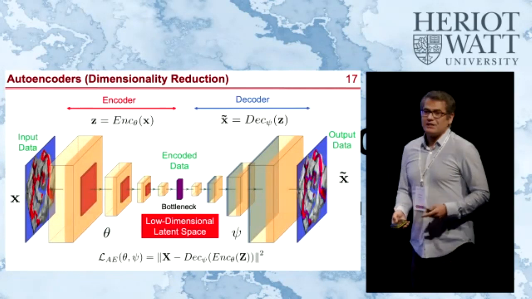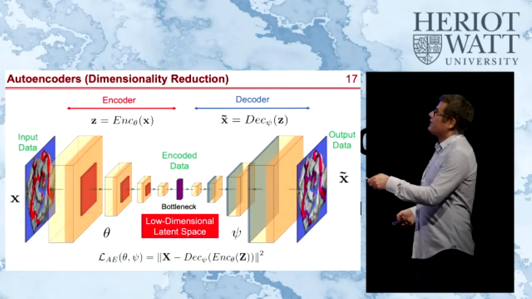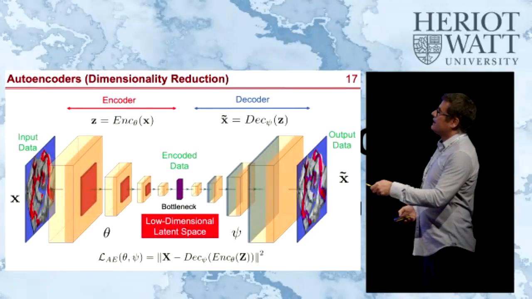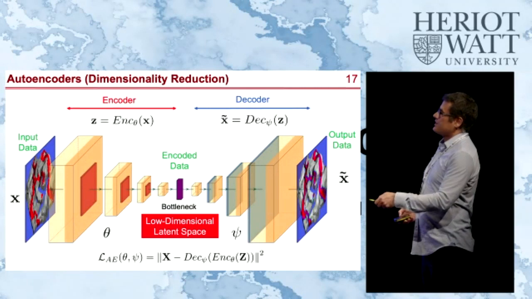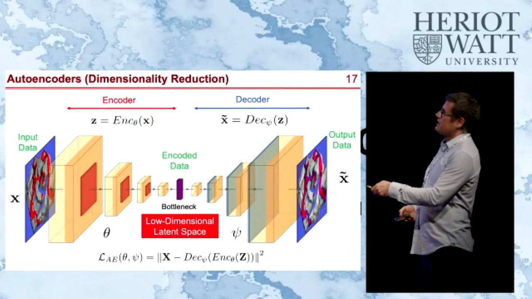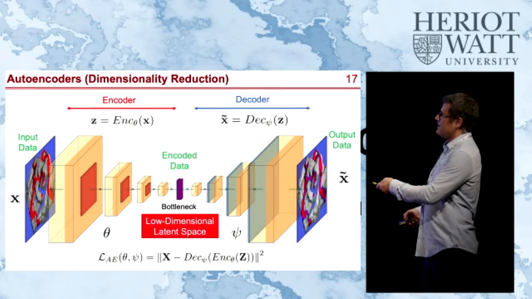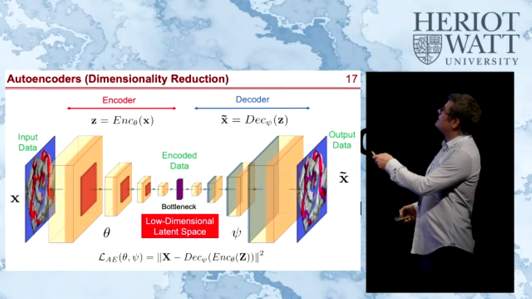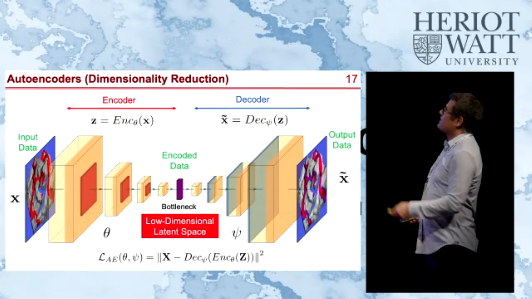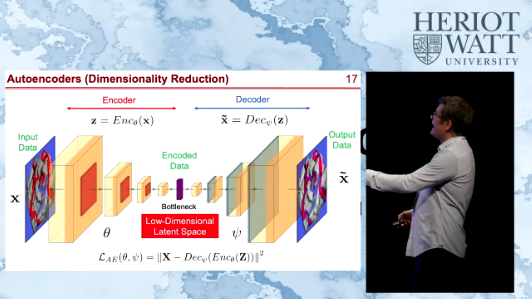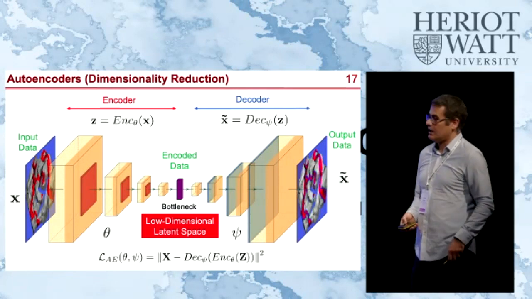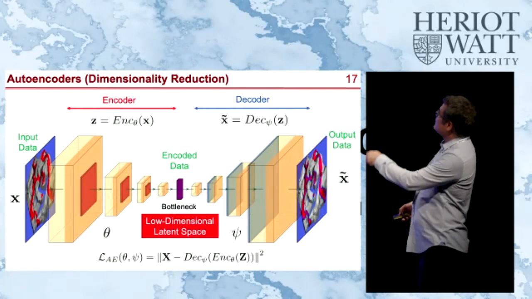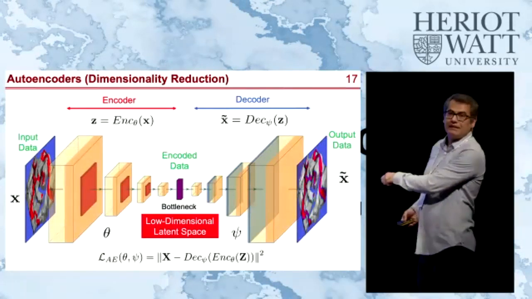So here is an architecture for dimensionality reduction, which is very popular: the autoencoder, where you basically use a combination of an encoder and decoder. The encoder maps high-dimensional inputs into a low-dimensional representation, basically called the latent space. From there, we have a decoder that does the opposite and maps the low-dimensional representation back to the high-dimensional original domain. So if we do this successfully, then the decoder will provide the parameterization that we need,